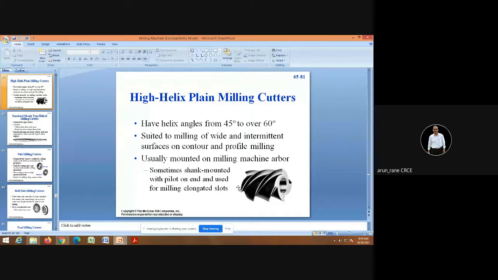So in order to prevent the axial movement, you have to lock it from both the sides. So you need to provide the spacers. Spacer is a kind of bush. So you need to provide spacer from both the sides, and then at the end you have to lock by nut.